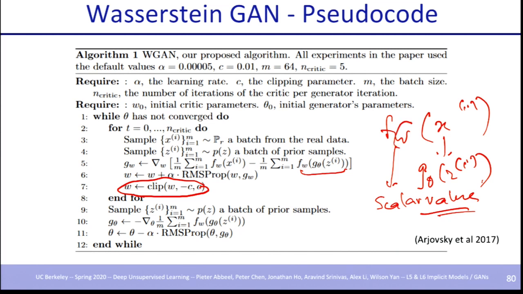And you just ensure that this FW is approximately Lipschitz by clipping W. So there's no classifier now. So they introduced this notion called a critique, which is familiar to people who work in deep RL. Basically, you can think about the generator as trying to maximize the value of the critique, while the discriminator is trying to minimize the values for the generated samples and maximize it for the real samples.